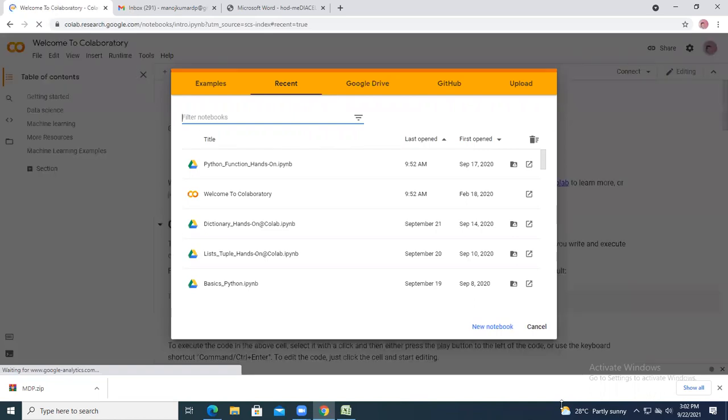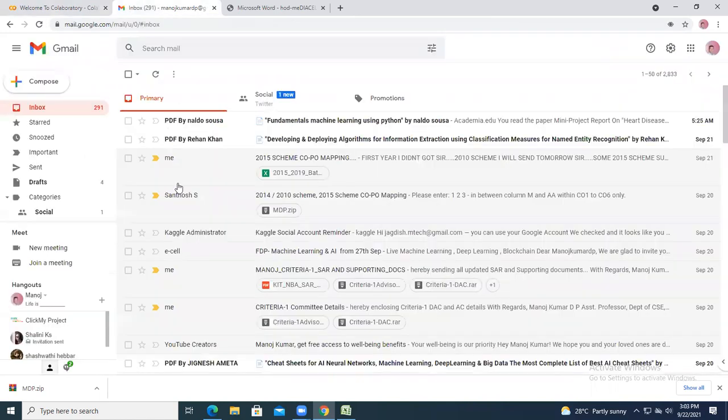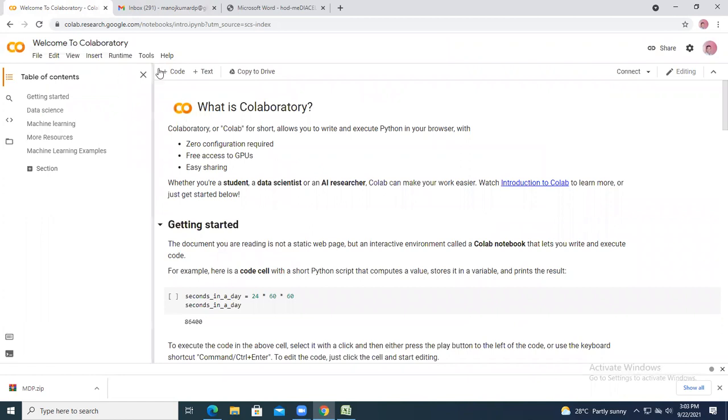First you should log into your Gmail account. Keep in mind, log into your Gmail account first. Next, open the Colaboratory, and you should see your login details here.